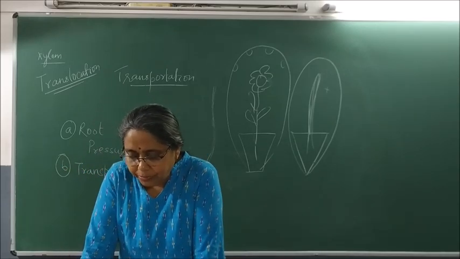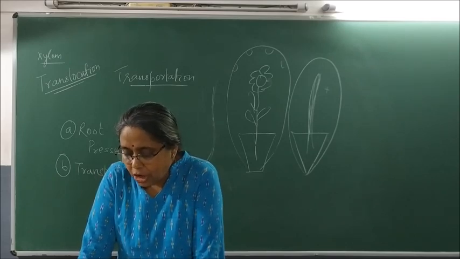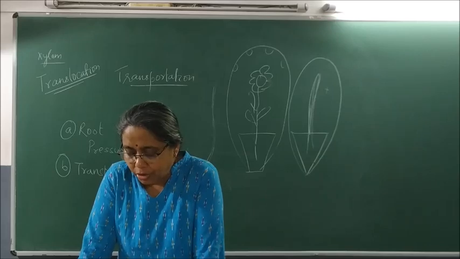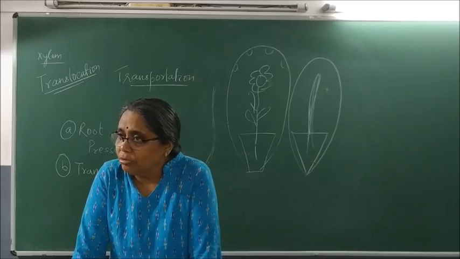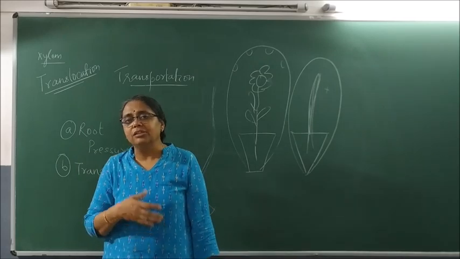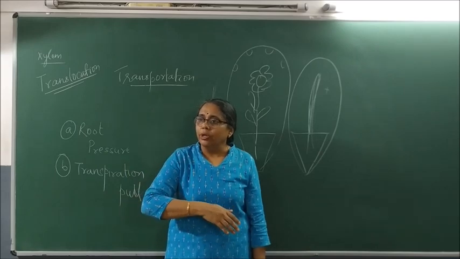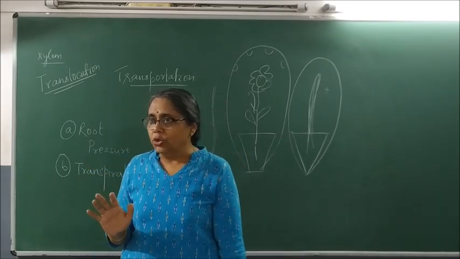This allows the phloem to move material according to plant need. For example, in the spring, sugar stored in root or stem would be transported to buds which need energy to grow. So wherever there is requirement or there is less osmotic pressure, phloem will send the dissolved food substances so that it can be utilized.